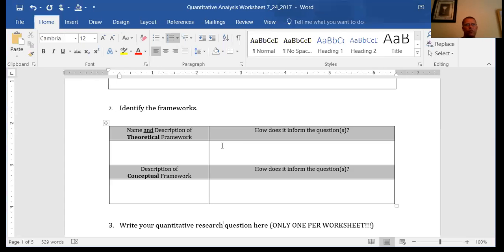Building relationships and making them a part of your school community. So a theoretical framework that would fit, you could do schools as communities, communities as practice. You can do